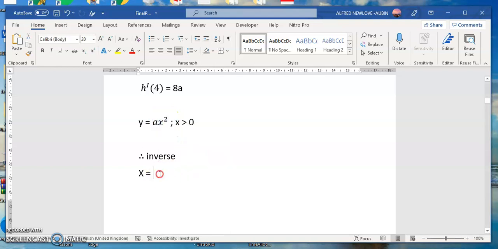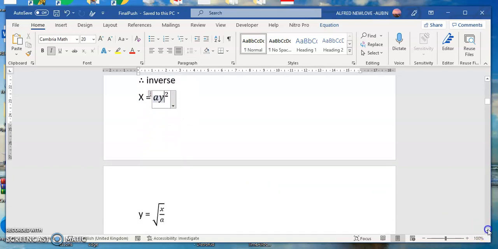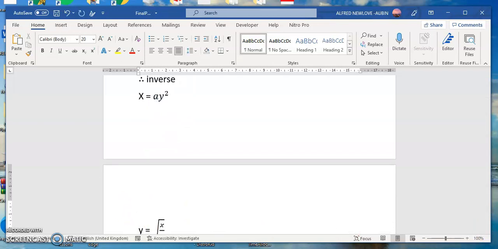So you interchange x and y, x becomes y, y becomes x. So this becomes y. Okay, then we make y the subject of the formula. So we transpose this one, a is going to divide. So if we transpose a is going to divide,